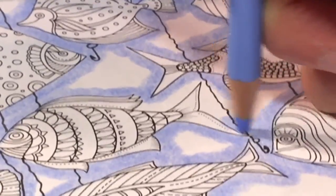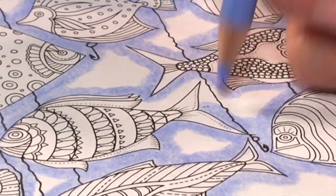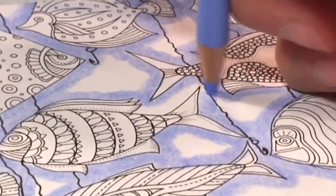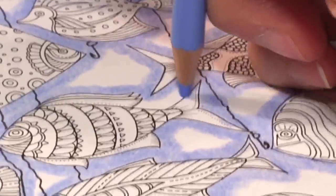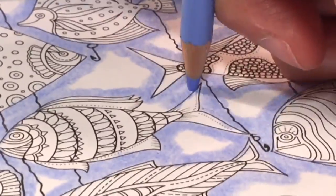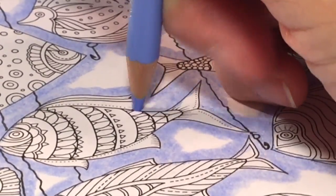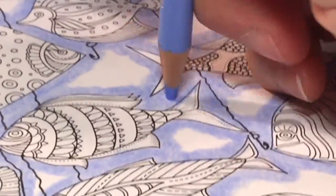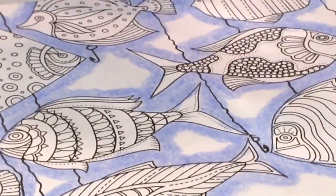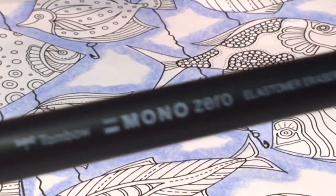So now I'm going to go behind the tail. And I'm going to go back down. Now there was a little bit of white in there. I may go back and emphasize that. Let me color this in. And again, this is up to you as to what you want to do. Now, what I'm going to show you also, I think I showed you, I know I showed you in another